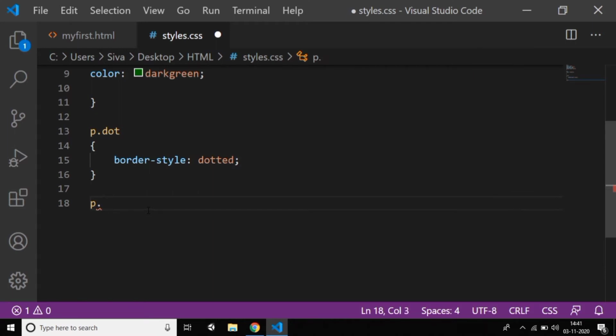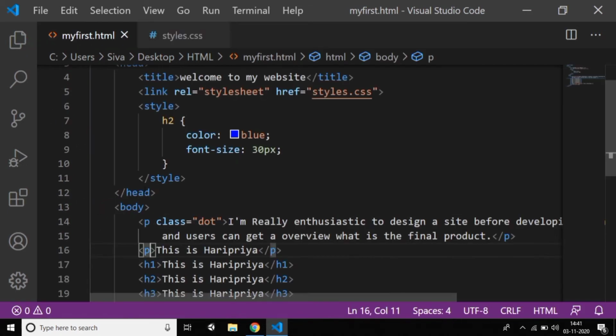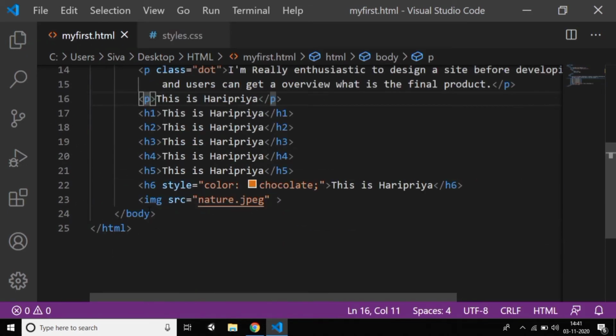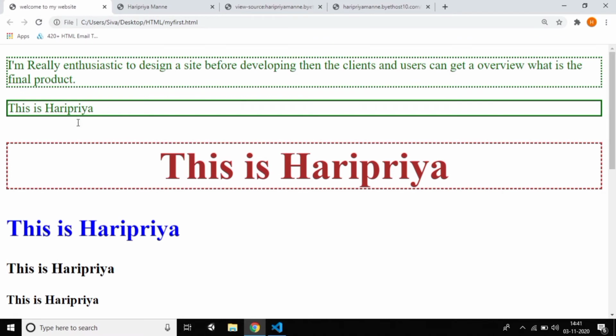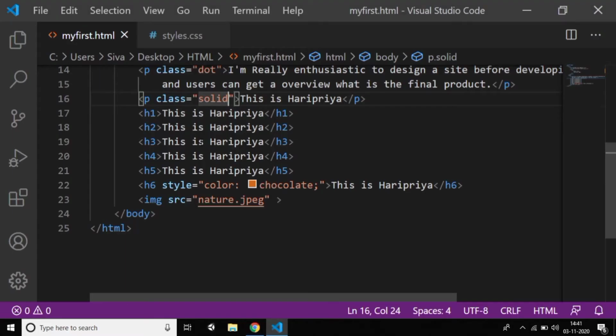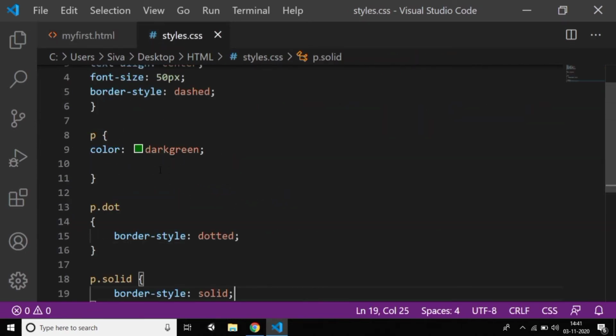Now I'm creating a solid class, giving the border style solid, pressing Ctrl+S, and giving the class name here. Reload and you can observe that this one is solid.